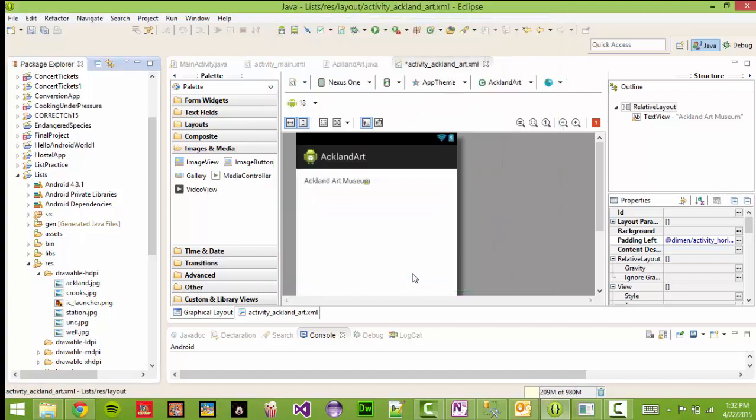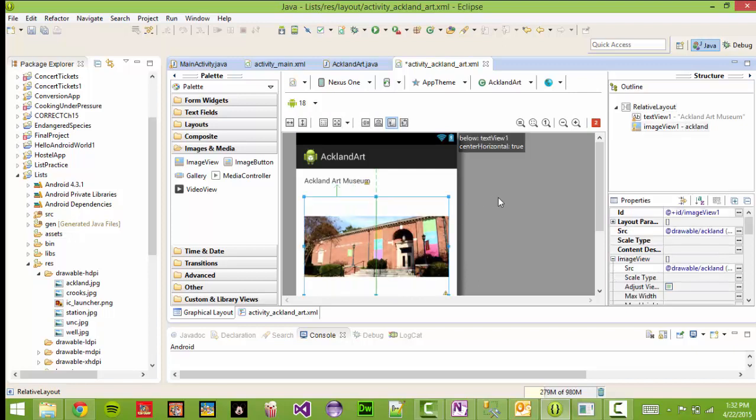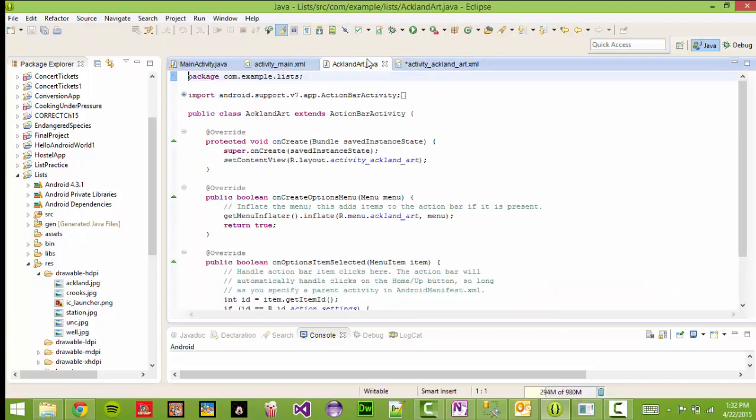Make sure that none of your JPEGs or PNGs have a capital letter in their names, by the way, because Eclipse will choke. So we'll drag in an image view and put that picture of the Ackland up there on the Ackland page. Now we are going to save all,